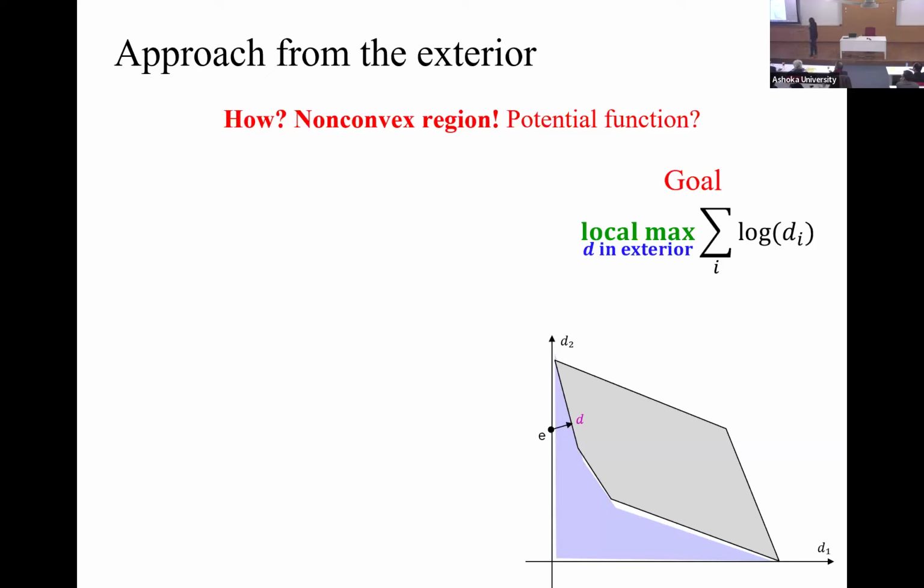So when you try to maximize this objective from the exterior, no matter how bizarre this exterior region is, will it ever take you to the 0 points? No, because if you go to the 0 point, your product, or this, is going to be minus infinity. That can never be the maximum. Right? So through this method, you immediately avoid the 0 point, which was the main thing.